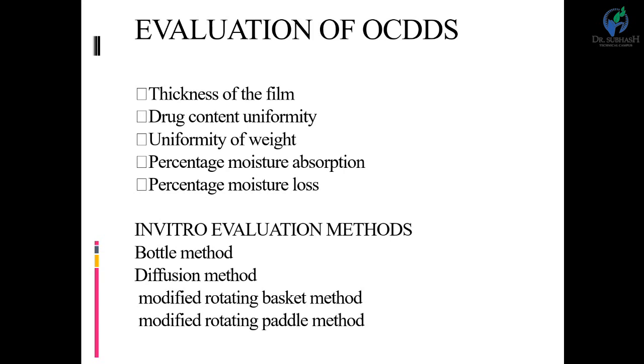Another is in vivo evaluation. In vivo we require animals, so the dosage form is applied to one eye of the animal and the other eye serves as a control. The dosage form is removed carefully at regular time intervals, and then we analyze the drug content. So that is in vivo. The drug remaining is subtracted from the initial drug content, which gives the idea about the amount of drug absorbed in the eye of that particular animal at a particular time. After a 1 week washout period, the experiment was repeated 2 times.